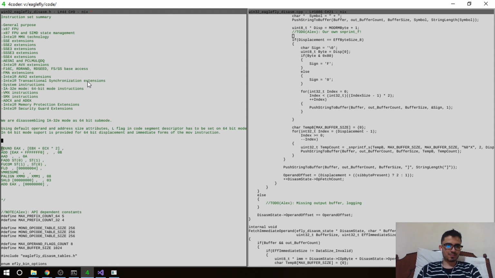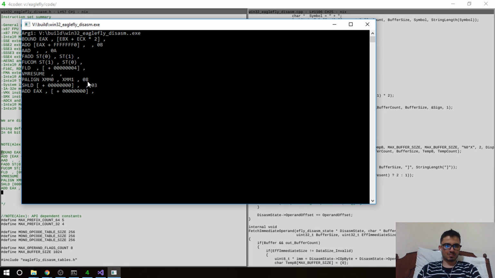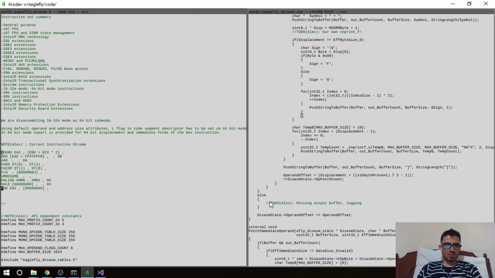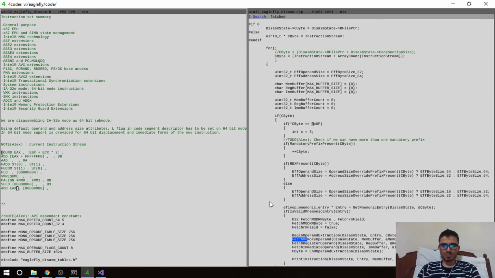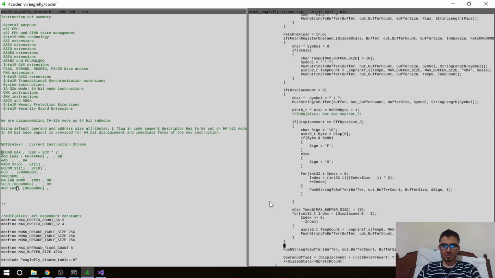This is our instruction string. Alright, so now let's go to fetch memory operand. And over here we just need to